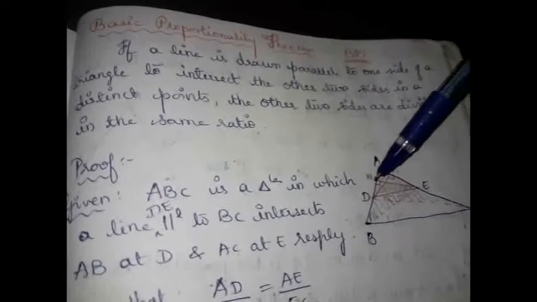What does BPT say? If a line is drawn parallel to one side of a triangle to intersect the other two sides at two distinct points, then the other two sides are divided in the same ratio. That is, if DE is parallel to BC, then AD by DB is equal to AE by EC. A result obtained out of this says AD divided by AB is equal to AE divided by AC, or else AB divided by DB is equal to AC divided by EC. In what ratio also we can take, which can be obtained by adding 1 or subtracting 1 on both sides,